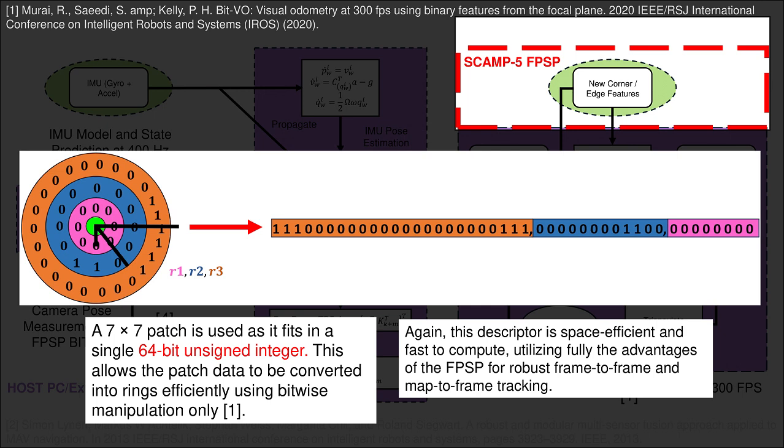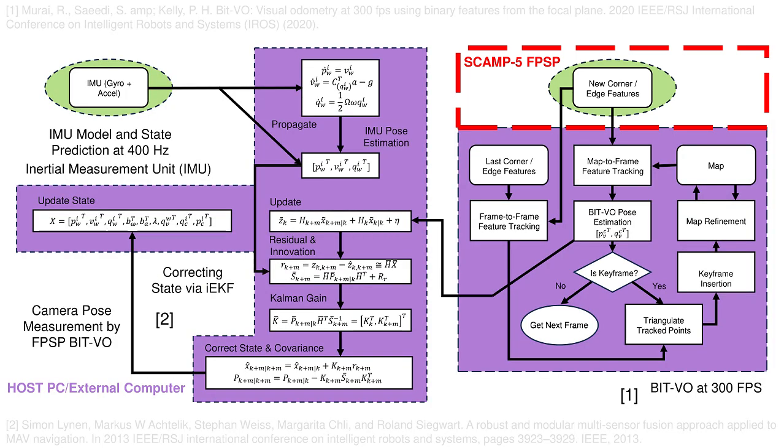You can see here that we create a 7x7 patch, which is used to fit into a single 64-bit unsigned integer, and this allows the patch data to be converted into rings efficiently using bitwise manipulation only. Again, this descriptor is space efficient and fast to compute, utilizing fully the advantages of the FPSP for robust frame-to-frame tracking and map-to-frame tracking. This is the critical design of our work, where again on the left we have an